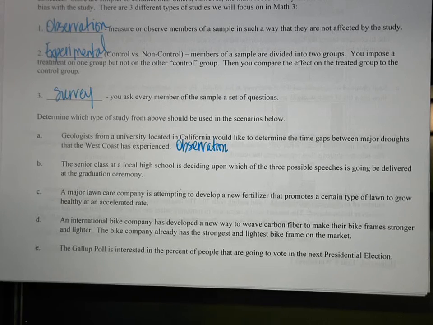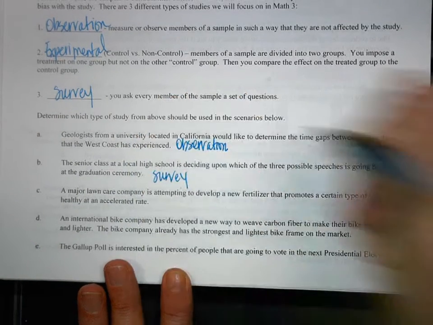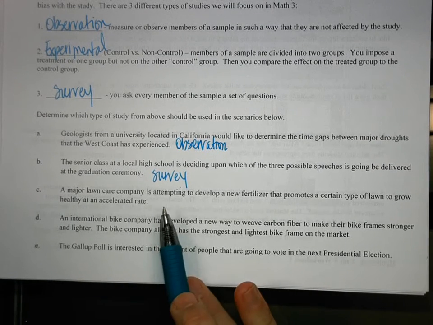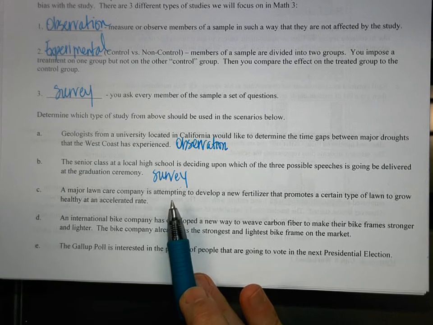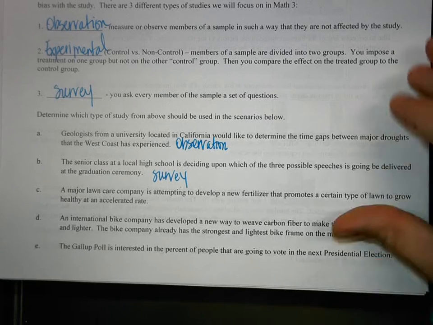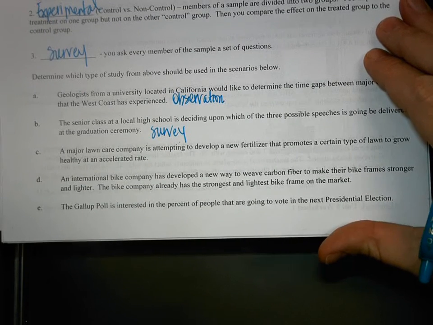Survey. Very good, survey. Sometimes also you can actually take a survey of the entire population. You don't have to take a survey of a sample. So if you're deciding on a speech for graduation, do you think they're going to take a sample of a population or ask the whole population? The whole, good. Okay, C, A major lawn care company is attempting to develop a new fertilizer that promotes a